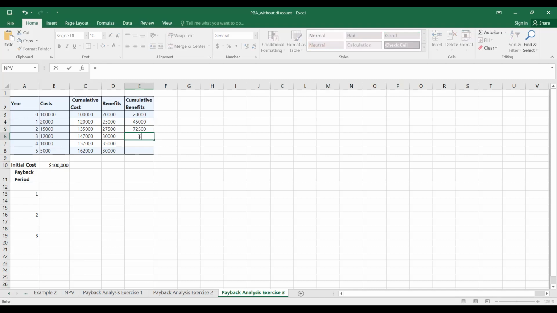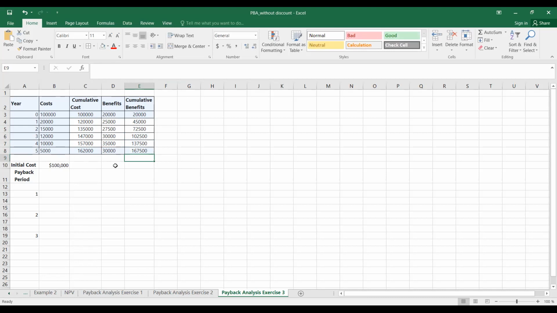$72,500. Then next is the total benefit of year 2 plus the benefit of year 3, which gives a value of $102,500. And next, the cumulative benefit for year 4 is the total benefit of year 3 plus the benefit of year 4, which is $137,500. And then finally, to find out the cumulative benefit for year 5, it is the total benefit of year 4 plus the benefit of year 5, which is